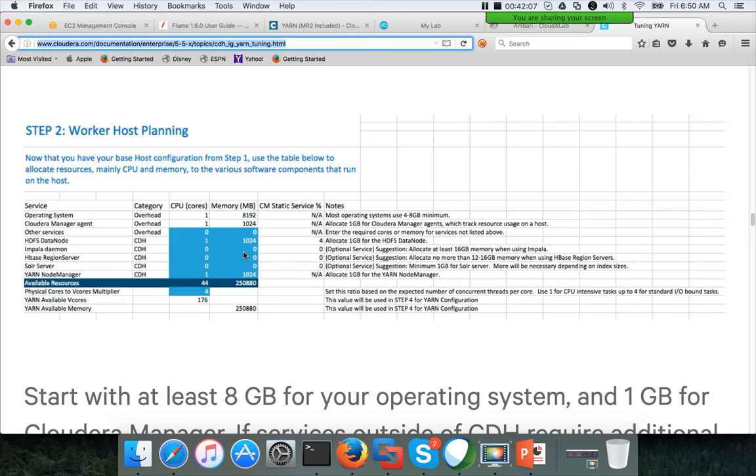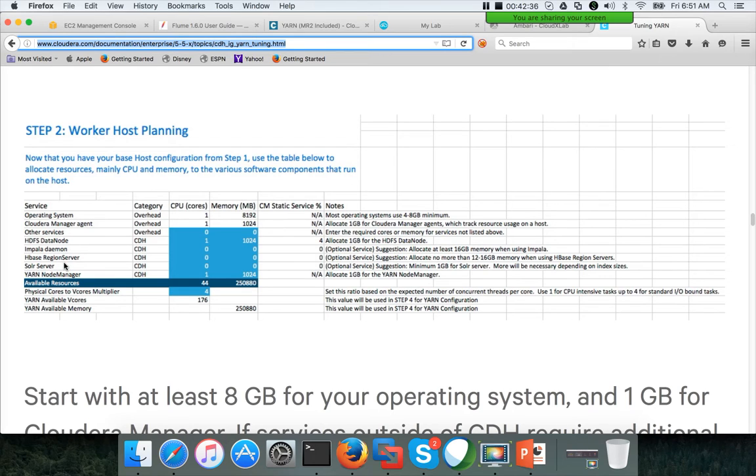And then in the cluster, if you are trying to set up Impala as well, you have to give some memory to that. You have to understand how much memory you want to give to Impala, and add that. HBase region server, you have to add that. Solr server, these are additional tools which will be deployed on the same cluster, and if you set up Impala, the Impala daemon will be there on all the slave nodes.